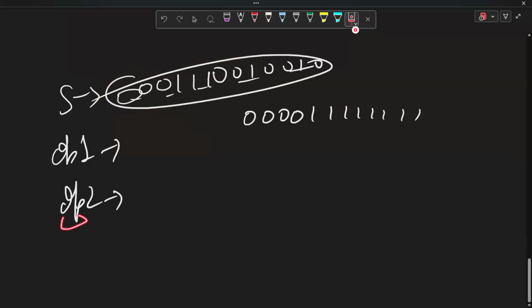In operation two, if there were more ones, let's say the number of ones here, you can see 1 2 3 4 5 6 7 8, 8 ones were there,